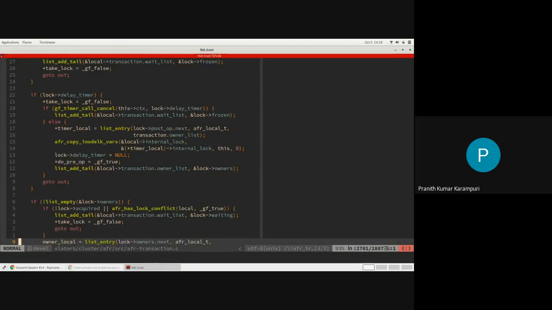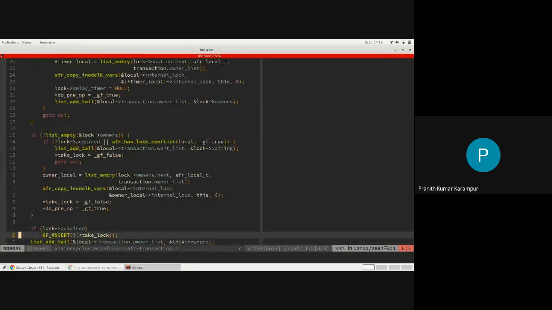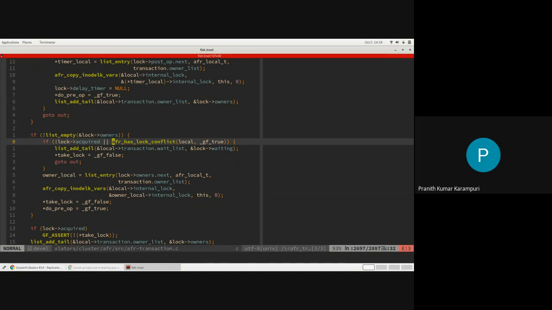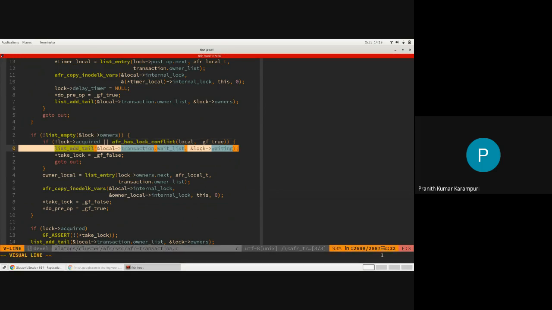The other option is there are already some operations in progress, and there are some operations whose owners are already added to the owner list for that lock. Then if the lock is not acquired, or the lock has conflict, then you will have to be added to the waiting list.